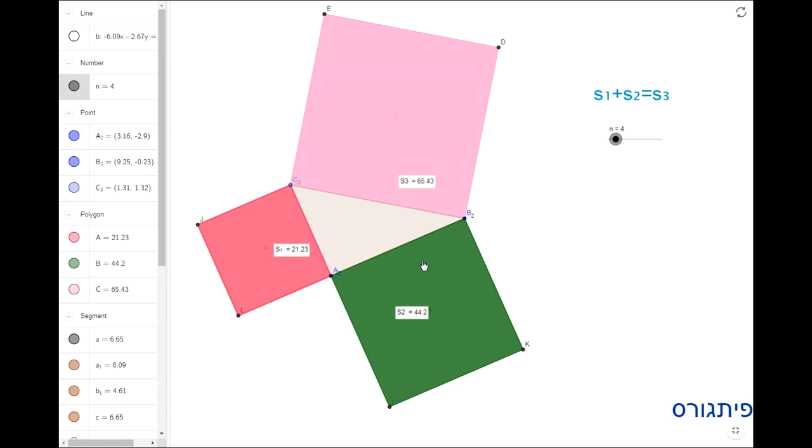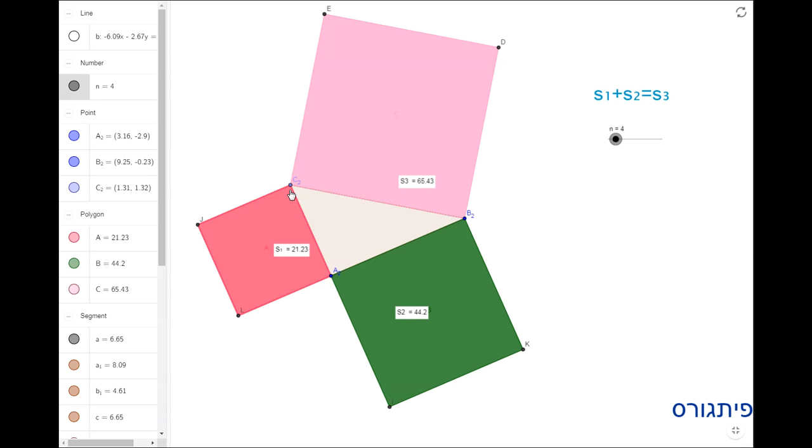When you add up both these areas, the two smaller ones add up to the greater one: 21.23 plus 44.23 equals 65.43,